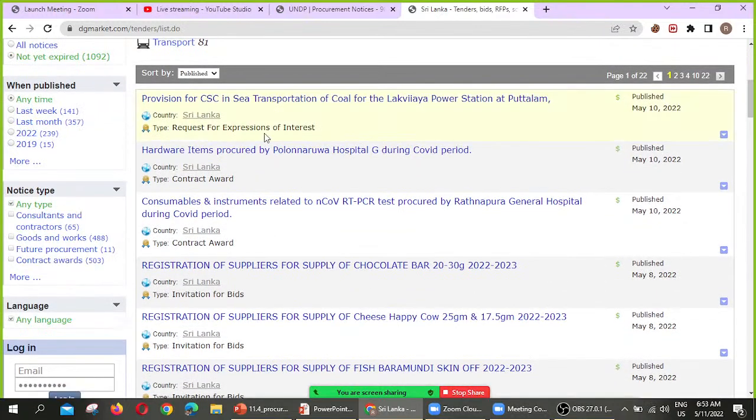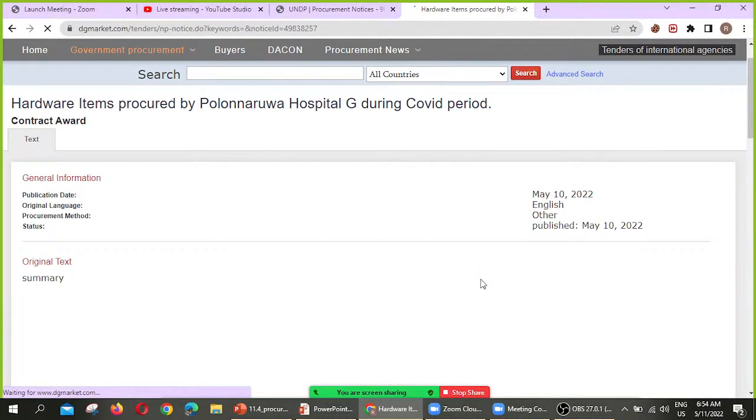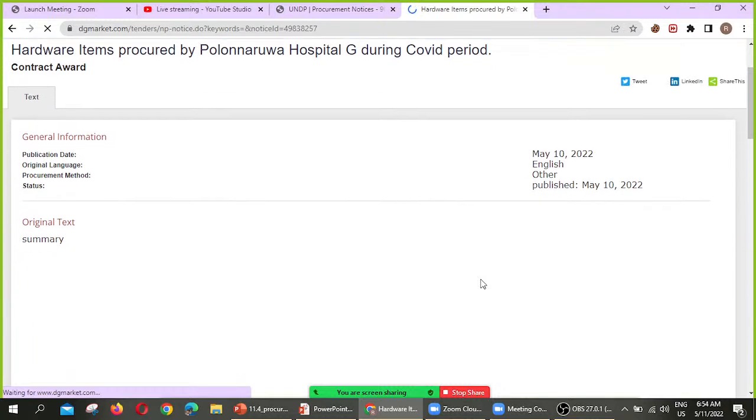Here you can find so many tenders called: provision for sea transportation of coal for the Lakvijaya power station at Puttalam, and hardware item procurement by a hospital during the COVID period. You see, you can find a detailed one.